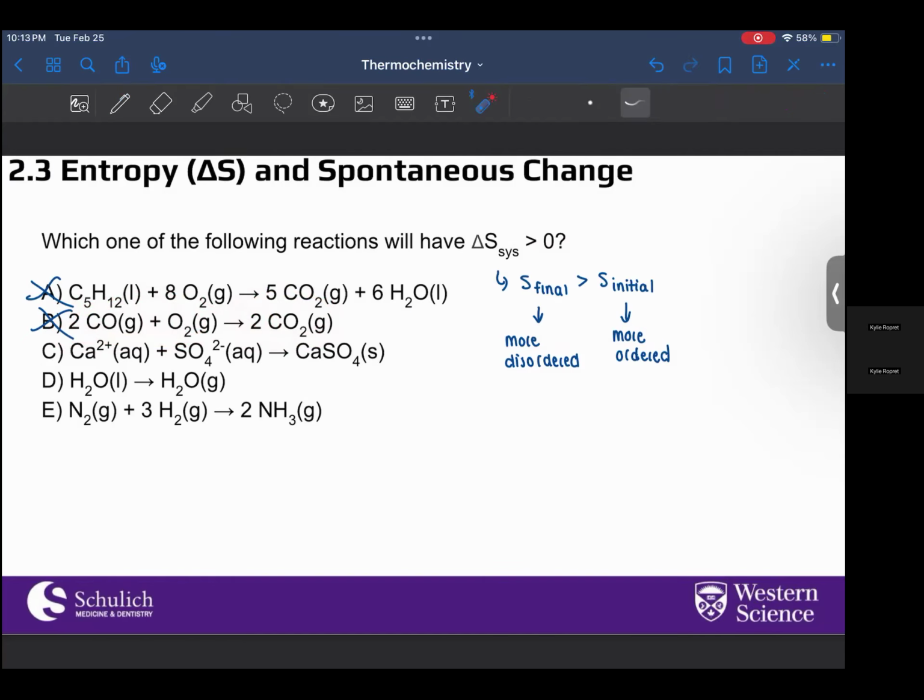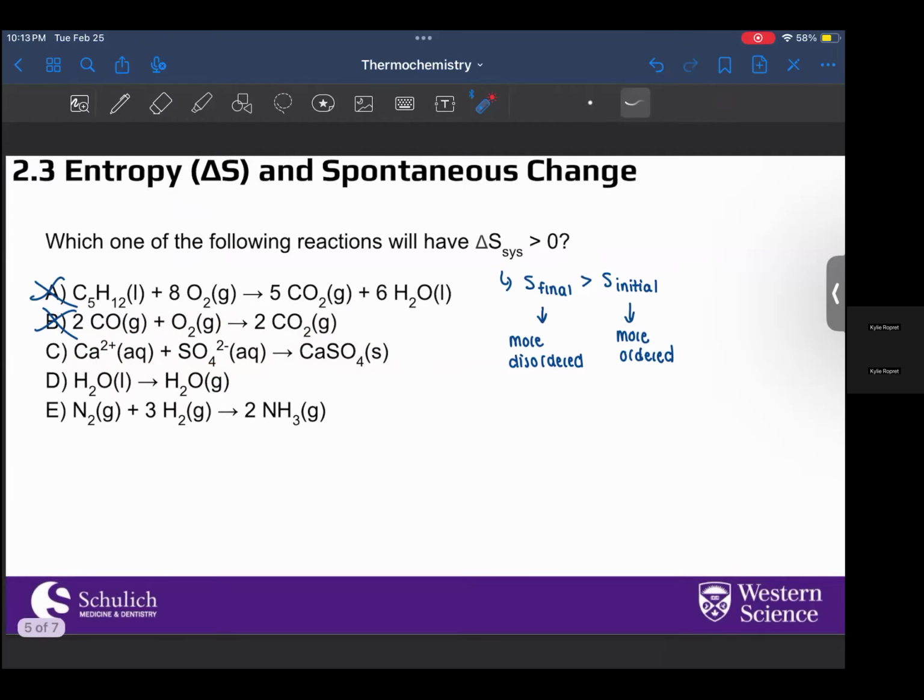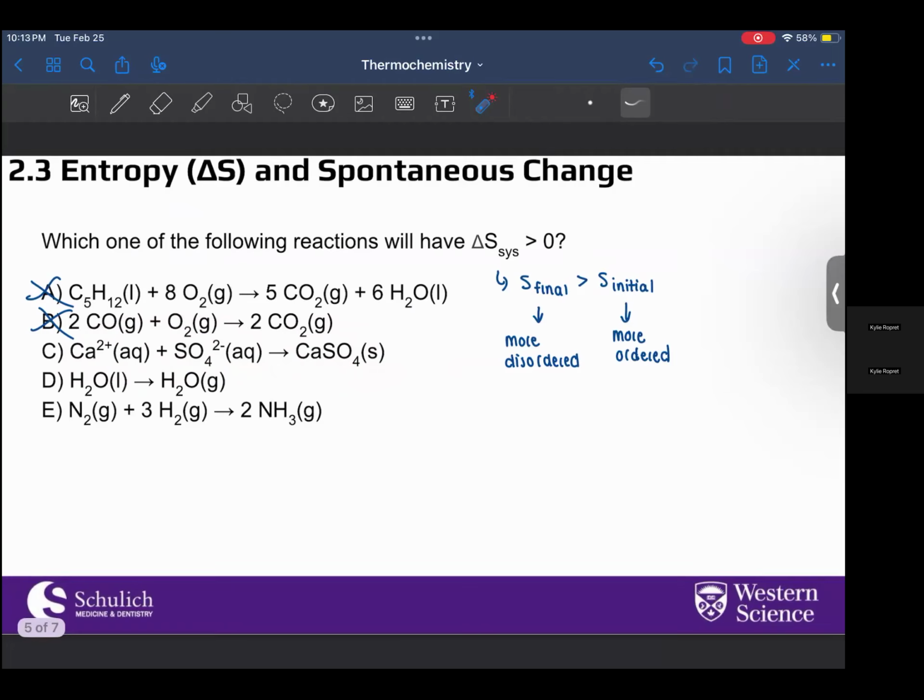Looking at this one, we don't have any gas, so we're not counting moles, but instead we're looking at the situation as a whole. So here we've got some ions dissolved in solution, so basically liquid, and then we've got a solid. The solid is more ordered than having a bunch of ions dissociated in a solution. So again, this is the opposite of what we want because our final is more ordered than our initial,